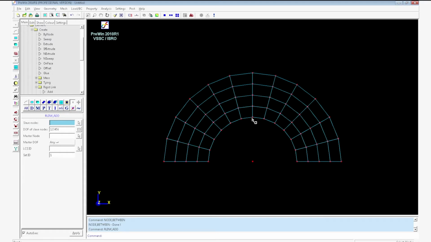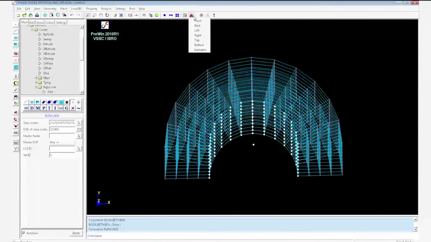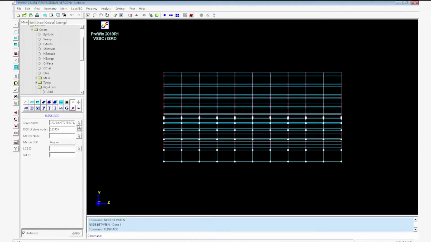For selecting the slave nodes around the circumference of the internal surface, select Circular Selection from Selection. While selecting, all nodes on the internal surface will be selected. You need only the nodes on top of the cylinder.